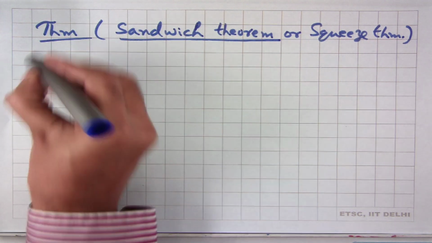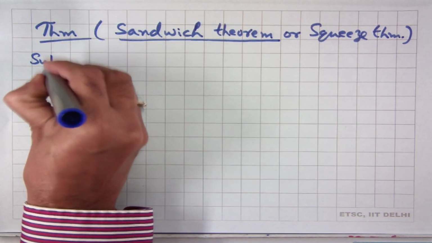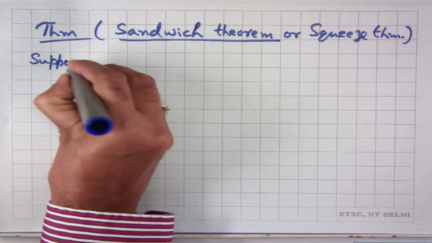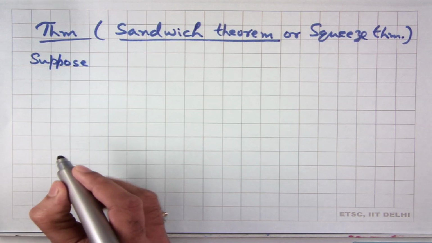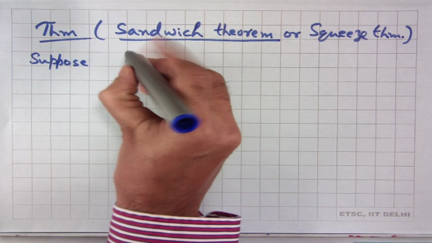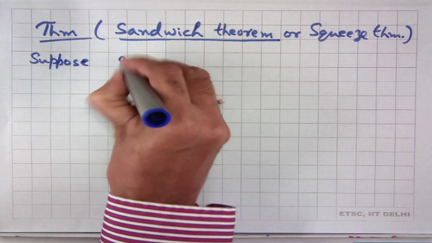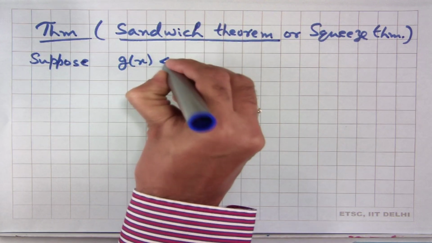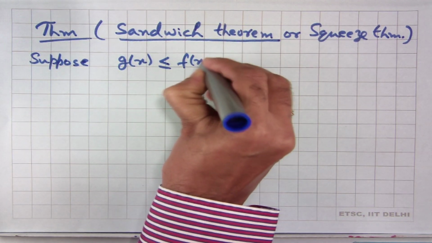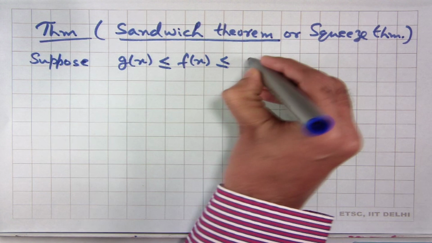So, what this says is that suppose we have a function f of x, suppose f of x is greater than or equal to g of x and is less than or equal to h of x